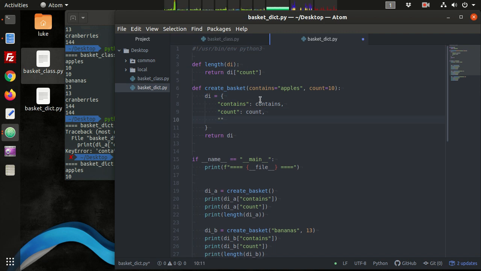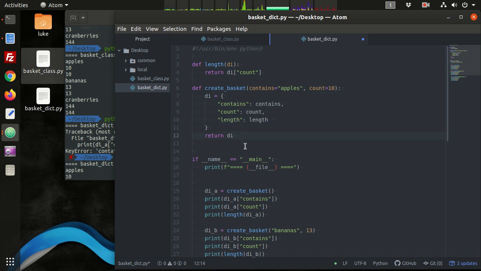I can actually say I want a property on this dictionary, or a value, and I'm going to say this is length, len, and I'm going to set that equal to the length function that I've already defined up there. Okay, so what this is doing is I'm attaching this function to the dictionary,